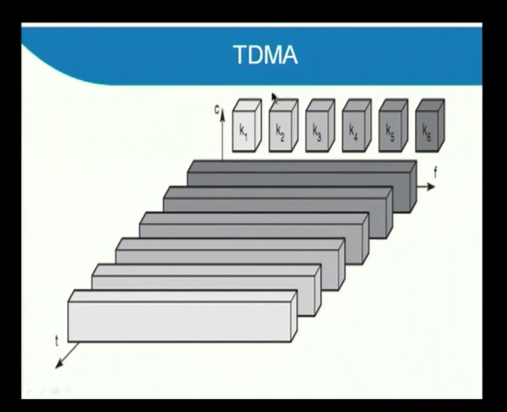This diagram explains time division multiple access. Here, we can understand that the frequency spectrum or the frequency band is not divided. So, the entire frequency is allocated to the channels, but with different time slots. The timeline is now divided into time slots. For example, in the diagram, K1 is allocated the entire frequency band at T1, as well as K2 is allocated the entire frequency band at T2. So, all the channels will be allocated the entire frequency spectrum, but not at the same time.